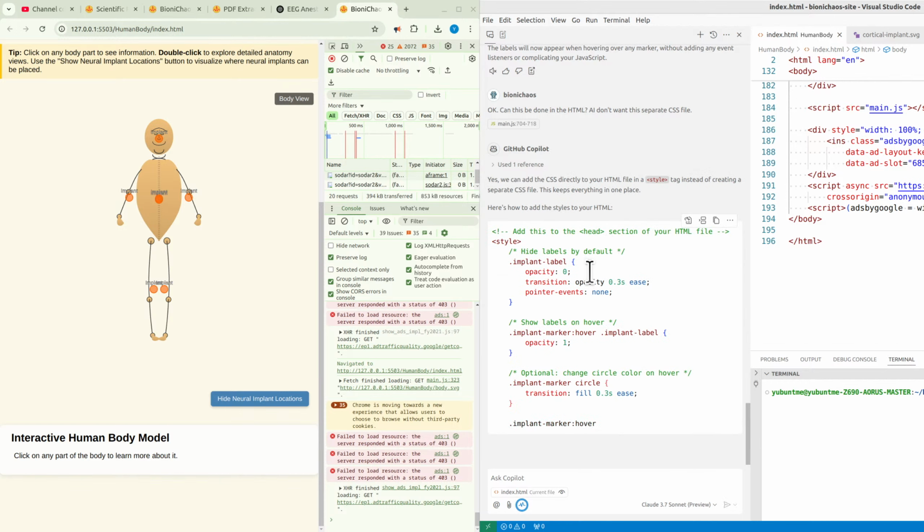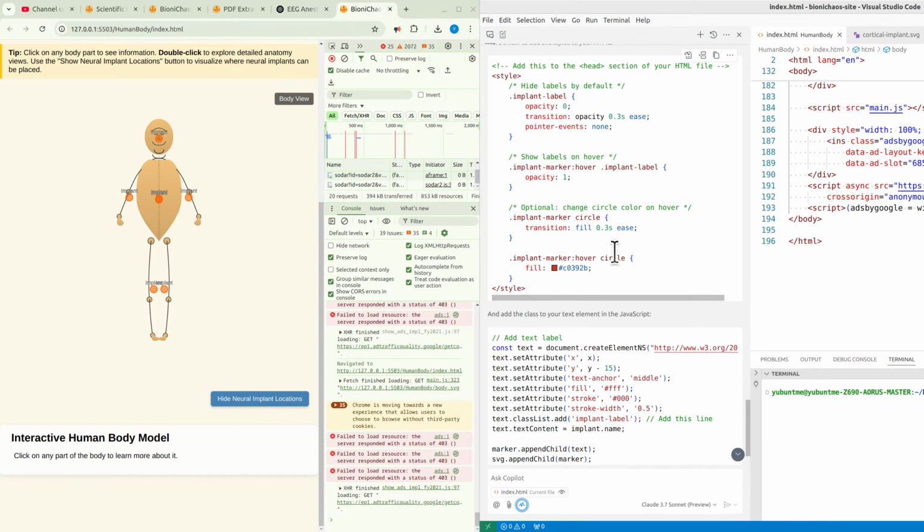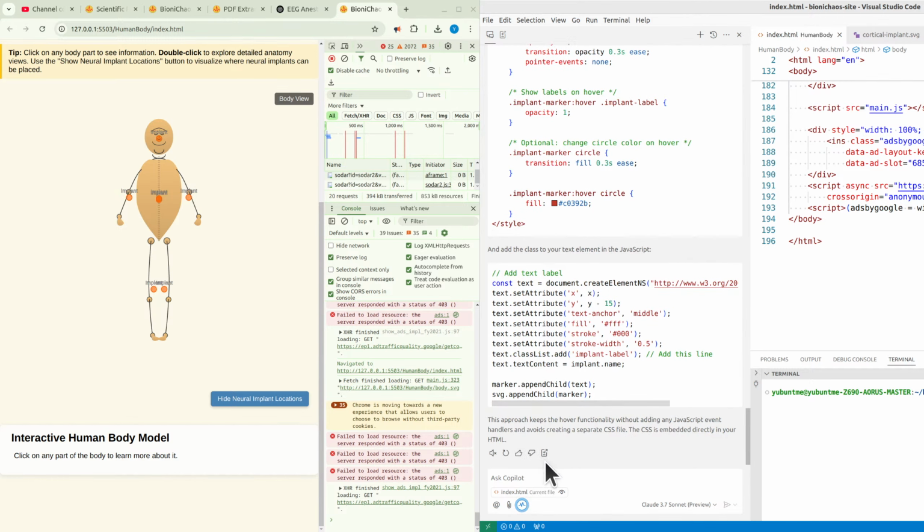Yes, we can add the CSS directly to your HTML file in a <style> tag instead of creating a separate CSS file. This keeps everything in one place. Here's how to add the styles to your HTML. Add this to